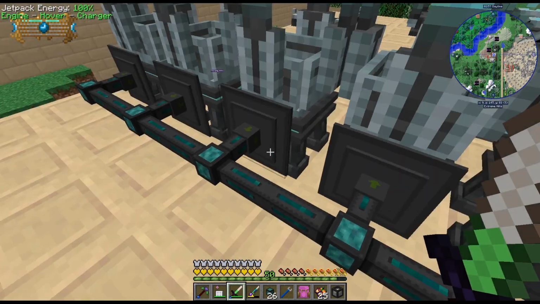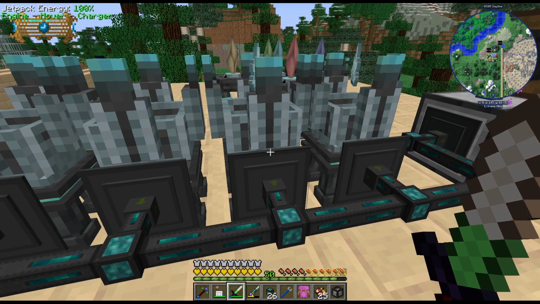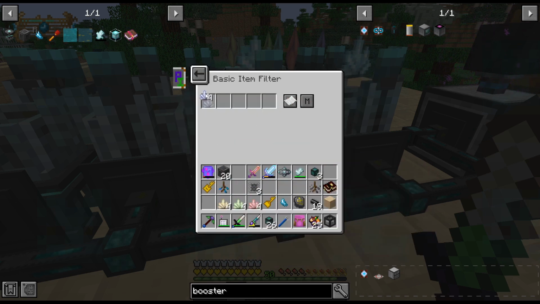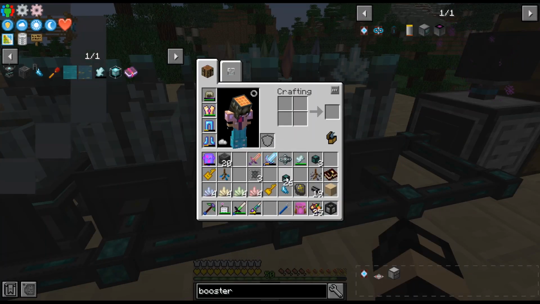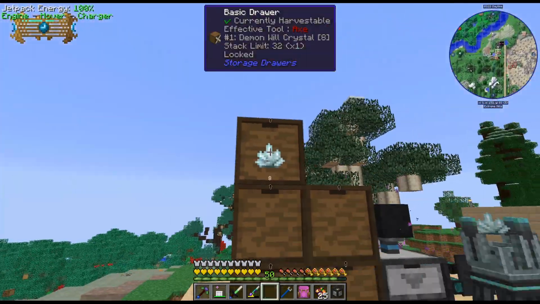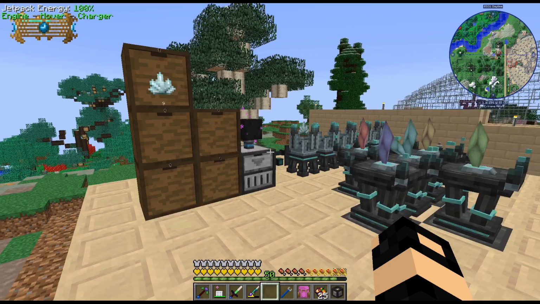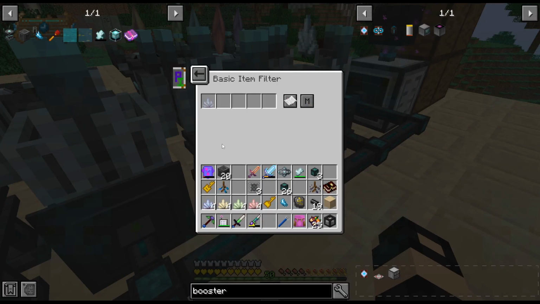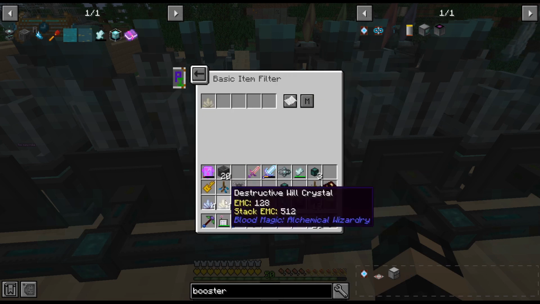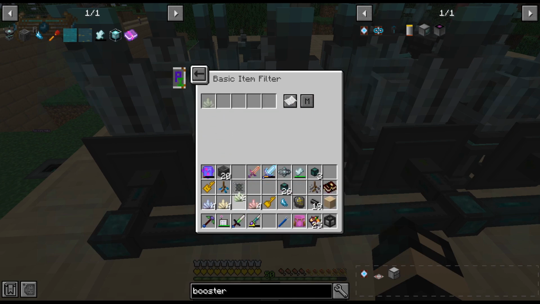Actually, I forgot that it starts on the extract, so it won't automatically. Probably helps if I put an actual filter. So we'll just go down the line. Steadfast. Yeah, see, that's why you need a filter, otherwise the wrong one might go in there. Alright, so we are getting... it's slowly gonna increase. So I did steadfast, destructive, corrosive,